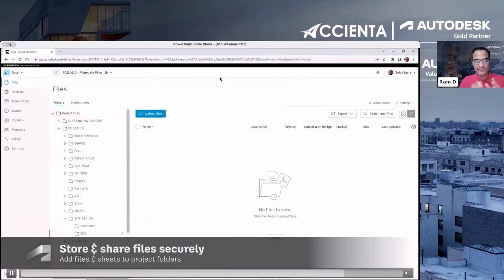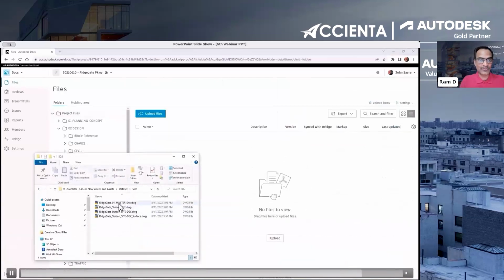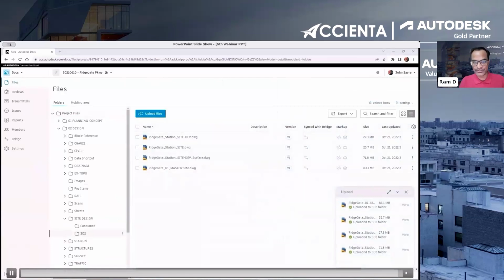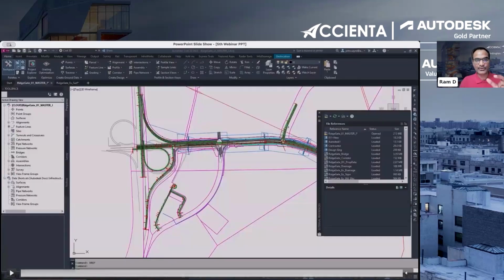And moreover, if you have 50 engineers, you can add them only by the designation called engineer. If you add the members into this ecosystem with the designation engineer, everyone will get the same access. And the file that you are opening here is just like uploading a file. There's nothing to integrate, not many buttons to click here. It's how you normally upload a file to Google Drive or WeTransfer. The same procedure you're going to follow here, and that's going to be the first step in this video. And now, if you see the second video,